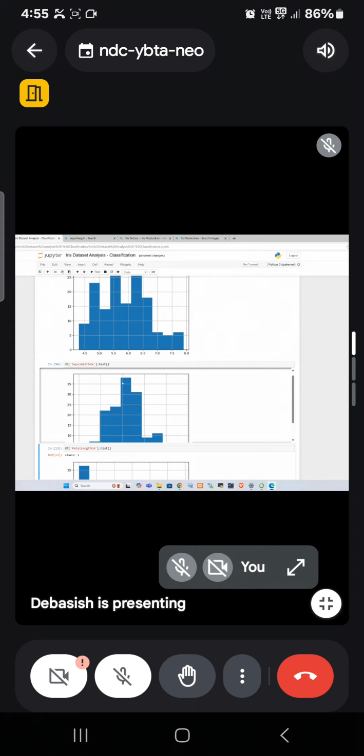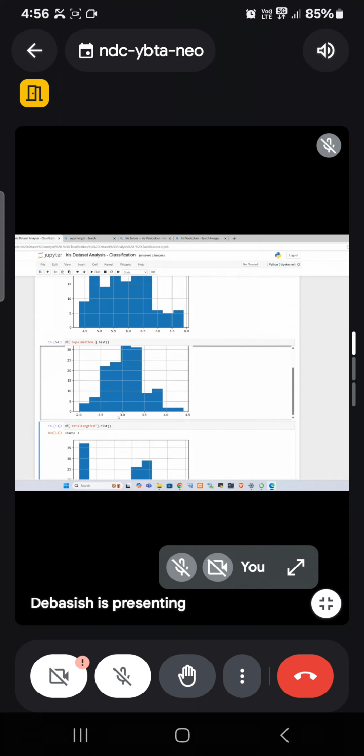So 3.0, how many have around 35 or 36, maybe something more. Okay, this amount of flowers, 35 flowers, have a sepal length of 3.0 centimeters. This is just to show the distribution. In here is